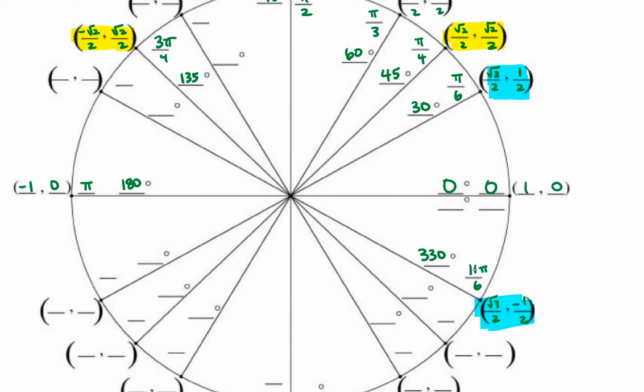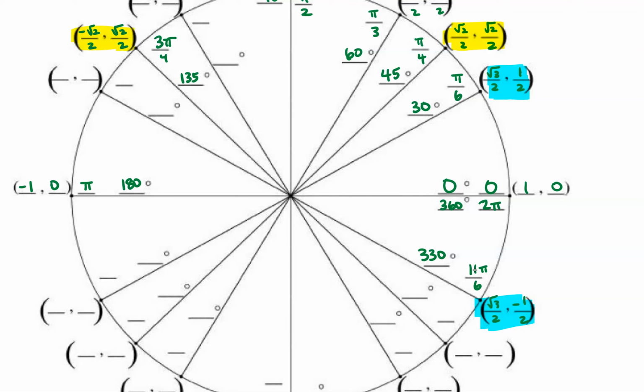And then if we make a full rotation around the circle, we end up at 360 degrees, and we know that this in radians is 2 pi, and 0 and 2 pi are coterminal angles, so they're going to have the same